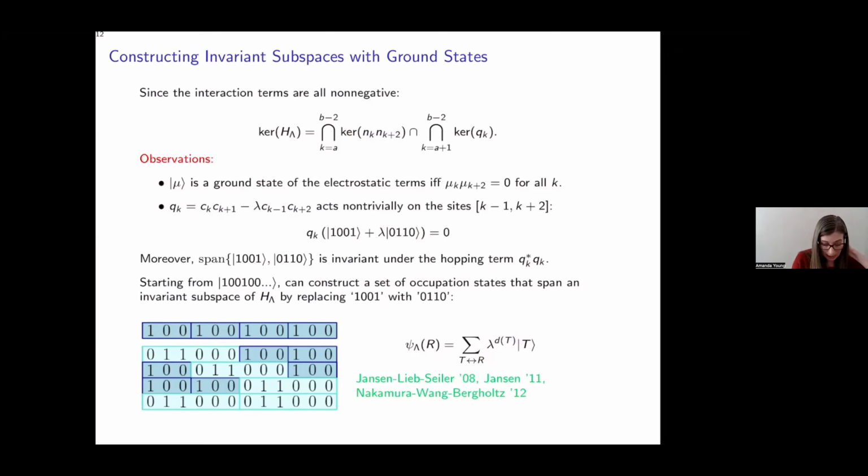And this ground state in particular was studied in depth in Sippin and Janssen's work, and I think it also has origins in a previous work of Hor's as well. And this really motivated how we then proceeded to try to construct other invariant subspaces with ground states. And the idea here is that it's going to follow a similar pattern, but one way you can see that other ground states can be constructed is that